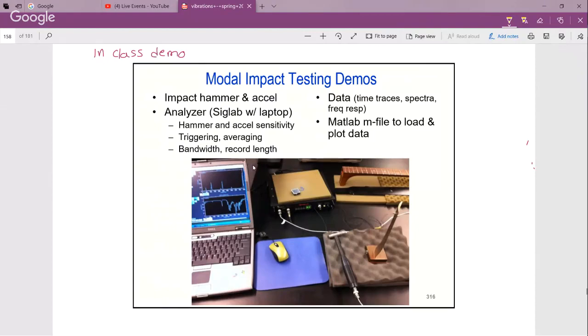the dynamic signal analyzer that I use. It's designed to interface with a laptop. And so this particular one is the same one I've got with me here. It's got 2 input channels, channel 1, input channel 2. It's also got an output channel, which I guess is tough to see, but in any event, we're not really using the output channel. But if we were going to drive a shaker, or if we were doing like a controls